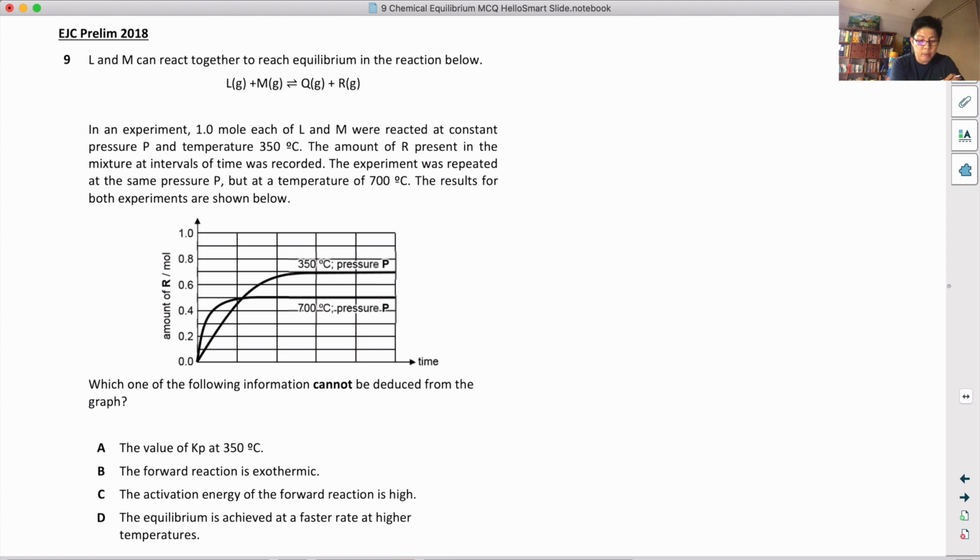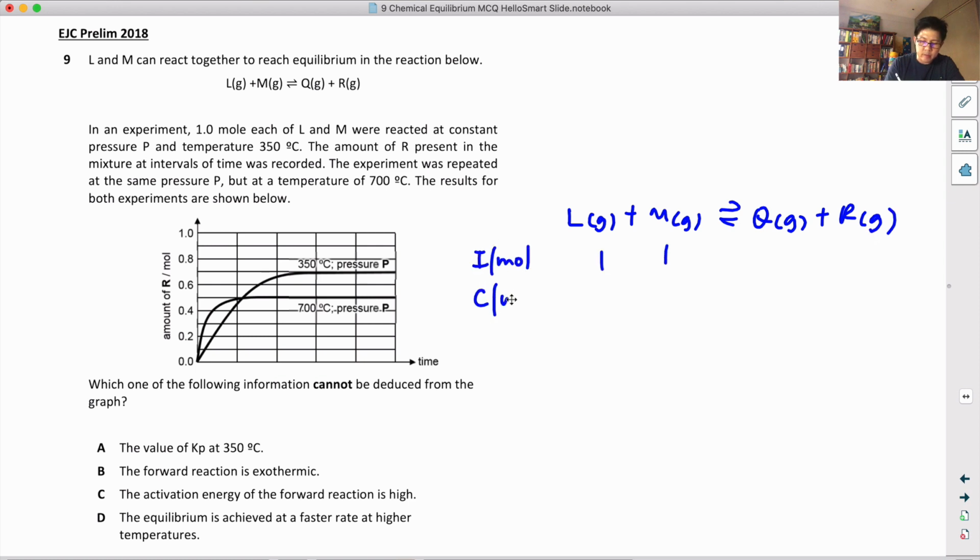All right, L plus M give you Q and R. Which of the following information cannot be deduced from the graph? If you look at this question, you actually know. I'm just gonna write this down first. L plus M give you Q and R. And you have one more of this, 1, 1. This is moles, ICE. All right, ICE. So they told you